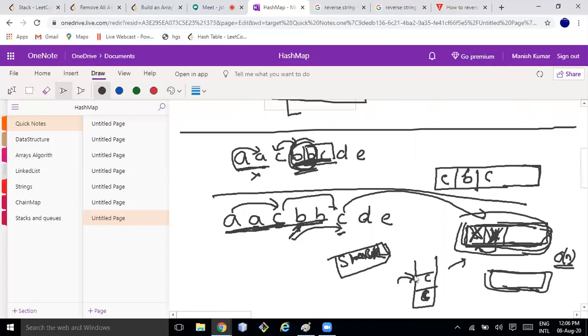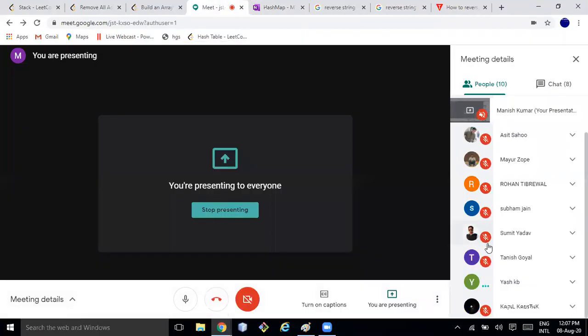So I want some data structure where deleting can be done in O(1) time and pushing can also be done in O(1) time. That's why stack came to mind. Once I check the top with the new element and both are equal, I'll just pop it out, and I know stack takes pop in order of one complexity. I hope you got it. Any other question from anyone?